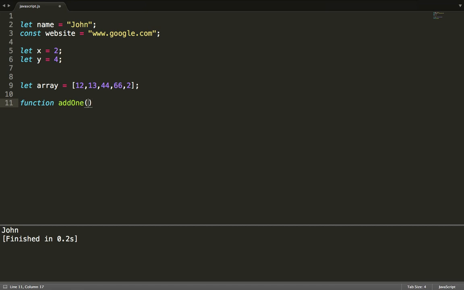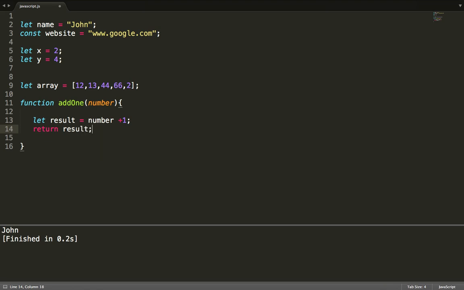So for example, I want to pass a variable called number, and inside it I'm gonna just add 1 to that number. I'm gonna create a new variable called let result equals number plus 1, and I'm gonna return